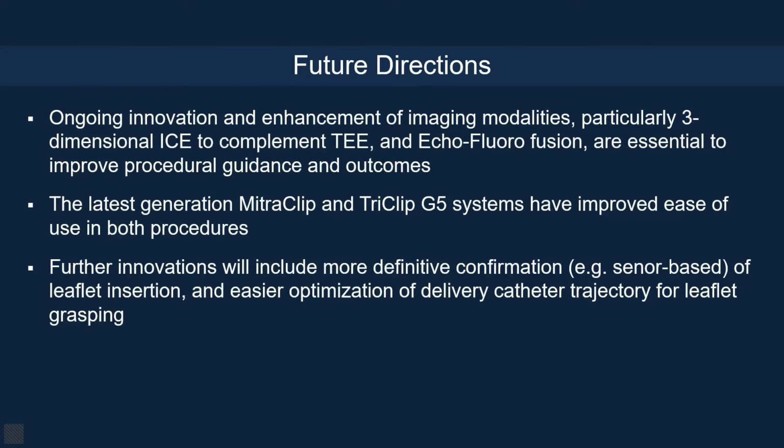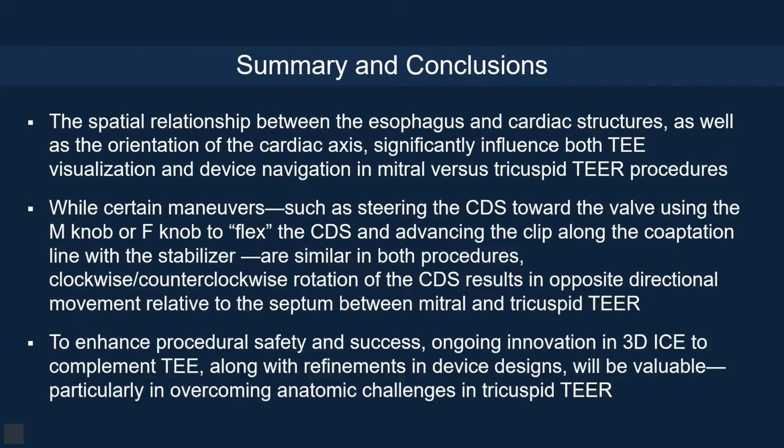In summary, the spatial relationship between the esophagus and cardiac structures, as well as the orientation of the cardiac axis, significantly influence both TEE visualization and device navigation in mitral and tricuspid TEER procedures. While certain maneuvers, such as steering the CDS towards the valve, using the M or F knob to flex the CDS, and advancing the clip along the coaptation line with the stabilizer, are similar with both procedures,